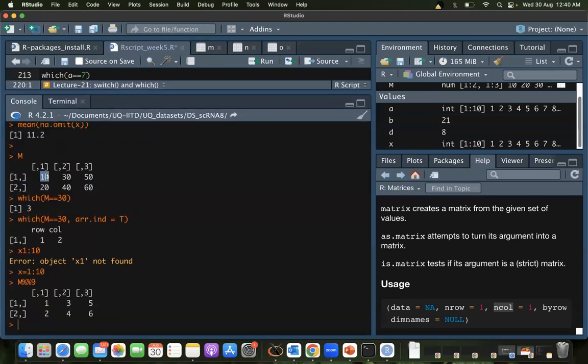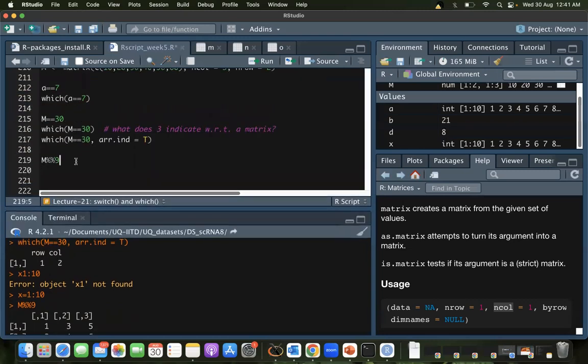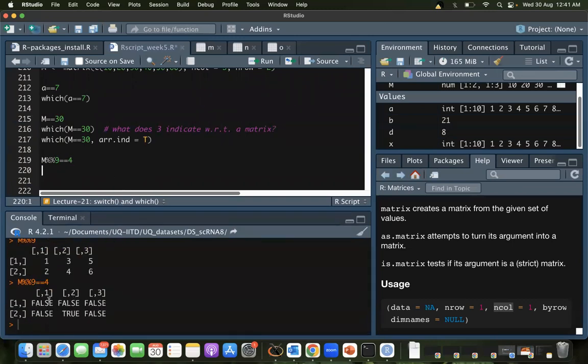When we divide each of the elements by 9, what remainder do we get? This gives us 1, 2, 3, 4, 5, 6. That is how the table of 9 works. Now if I want to compare it with 4 and I run this, it is going to give me TRUE where the match is.